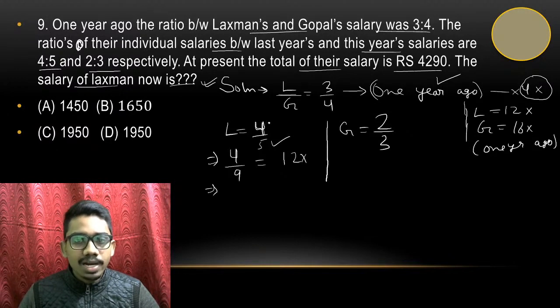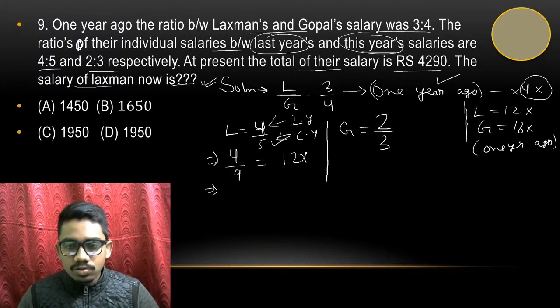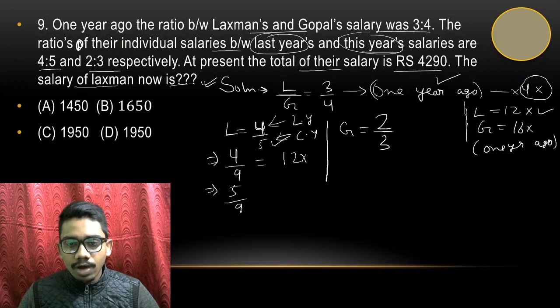एंड लक्ष्मण एंड गोपाल का सैलरी का क्या बात हो रहा है? लास्ट ईयर सैलरी एंड दिस ईयर सैलरी. दिस इज लास्ट ईयर सैलरी एंड दिस इज करंट ईयर सैलरी. ठीक है. सो लास्ट ईयर सैलरी मतलब 4/9, 4/5 प्लस 4, सो ये लास्ट ईयर सैलरी के इक्वल होगा। एंड करंट सैलरी कितना होगा गाइस, 5/9 होगा। सो 5/9 विल बी इक्वल्स टू हाउ मच, तो मैंने क्वेश्चन मार्क लगा